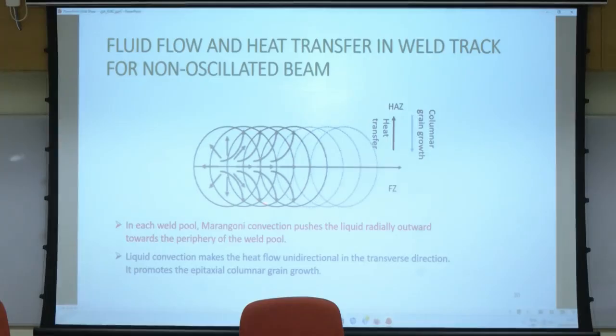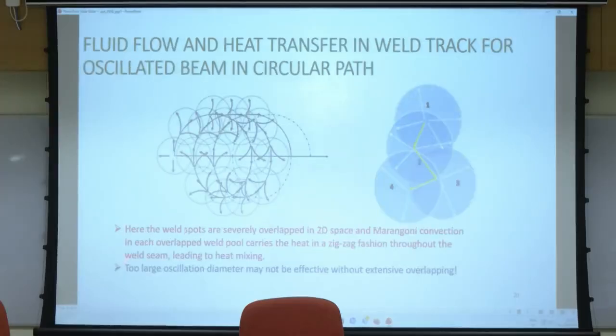Because when the heat source is moving in one dimension, you can find that because of Marangoni convection, the convection is radially outward. So heat also moves radially outward, and that gives a one dimensional heat transfer direction, and columnar growth takes place. But when you have beam oscillation, what happens is that